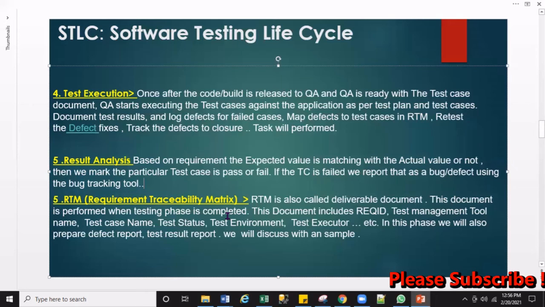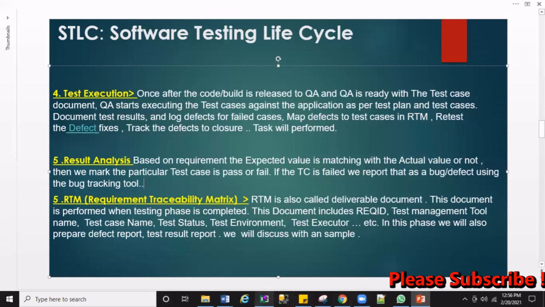If any defects are there and could not be fixed on time, everything will be clearly mentioned in that document. That is called the requirement traceability matrix. Requirements, that means your input, traced with a matrix.